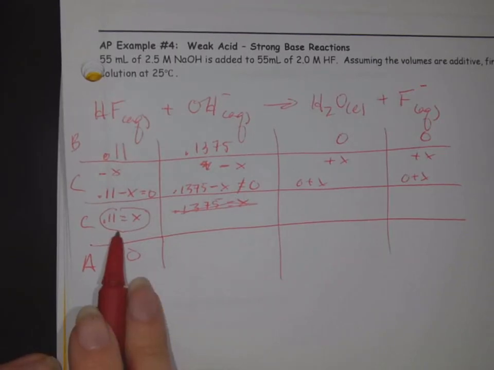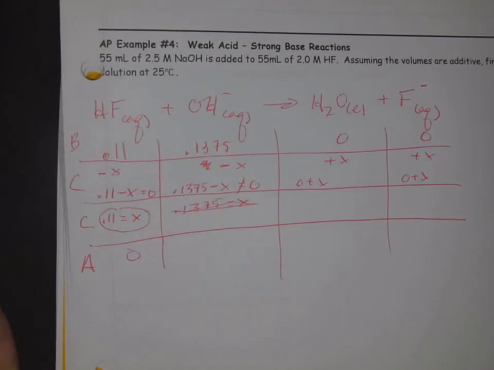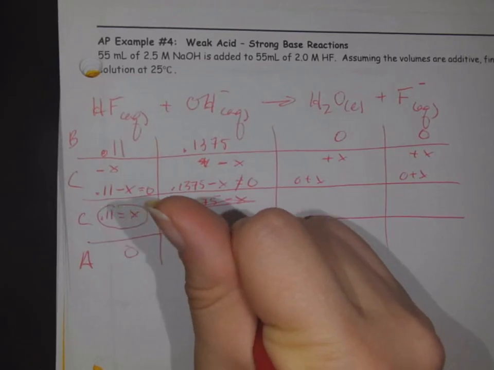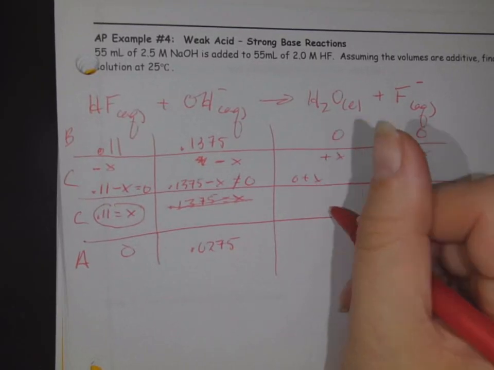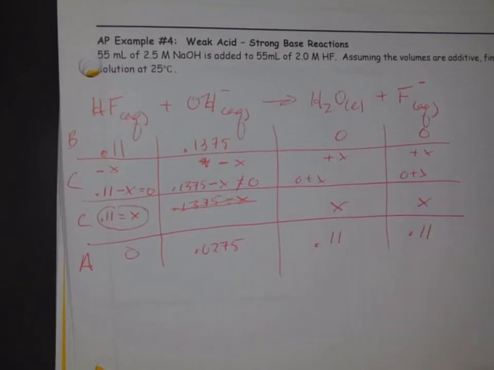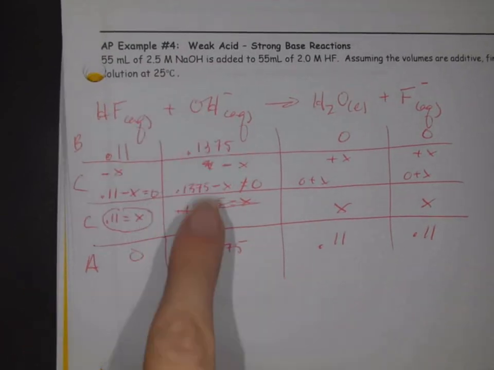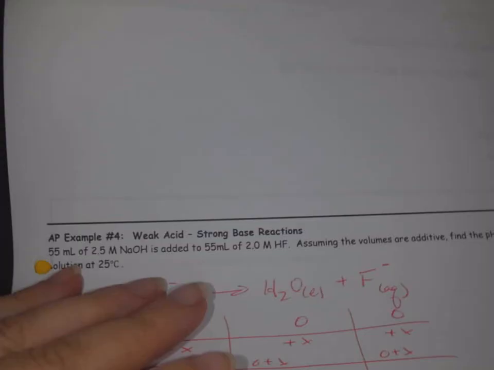So now that we know what x is, we can plug it in. So 0.1375 minus 0.11. So we're left with 0.0275 moles after the reaction. 0 plus x is just equal to x, and we know what x is, so this is how many moles of these other items we have. So we mixed a weak acid with a strong base, and the excess was the strong base, not the weak acid. So when the excess is strong,